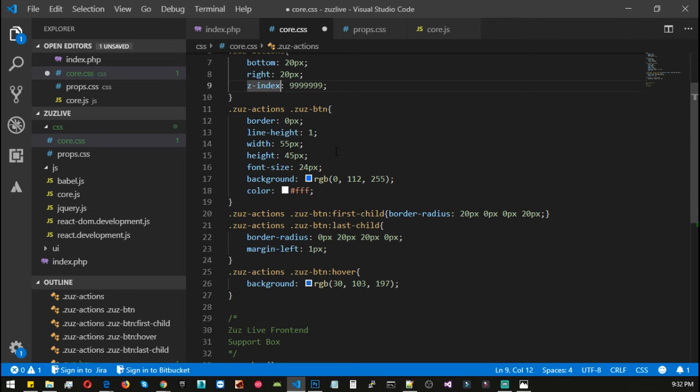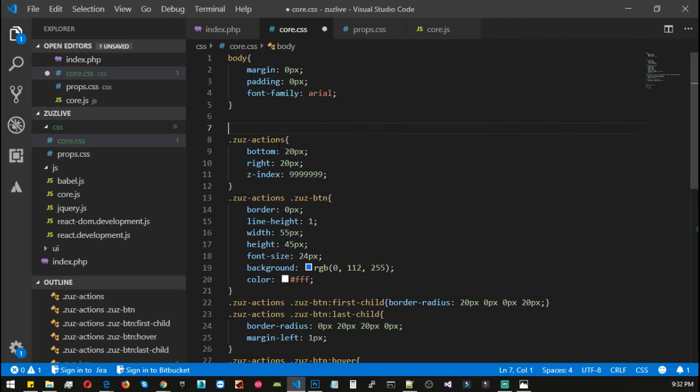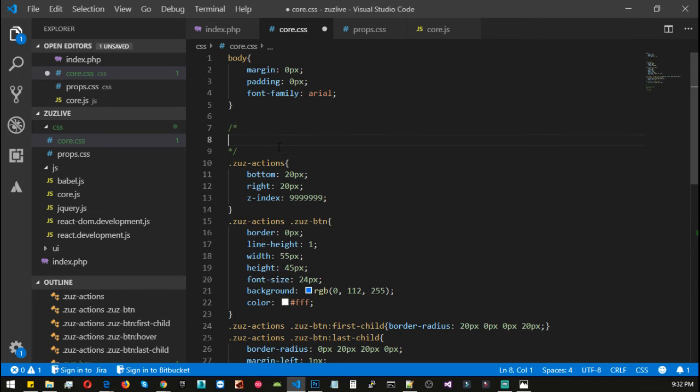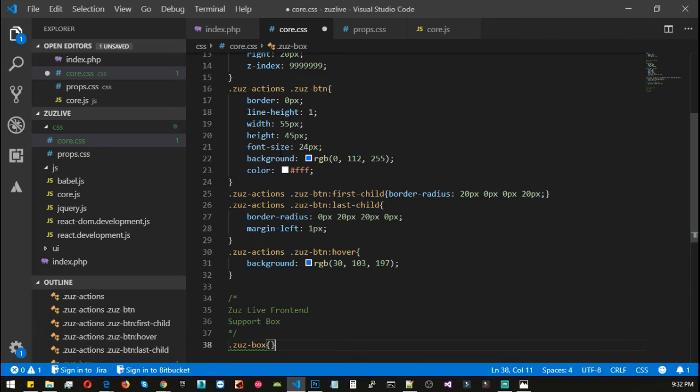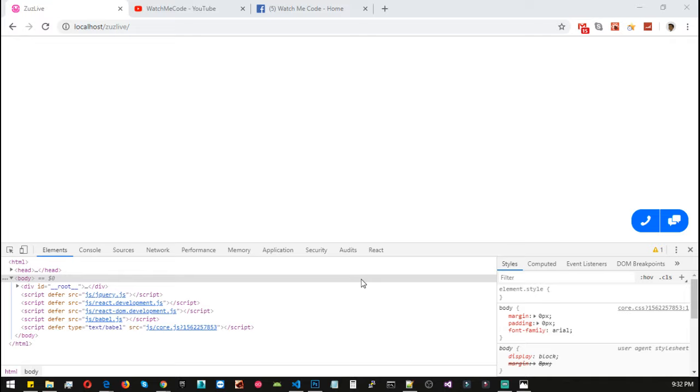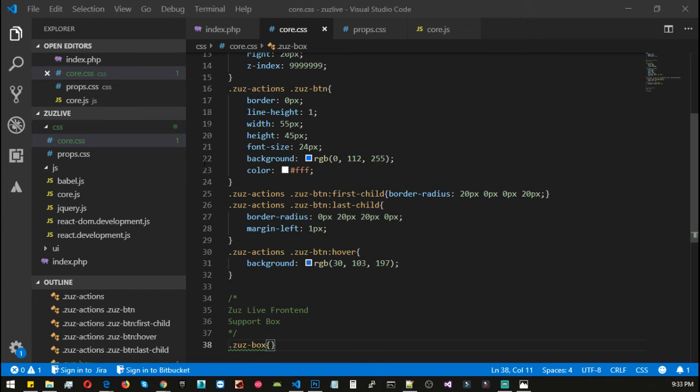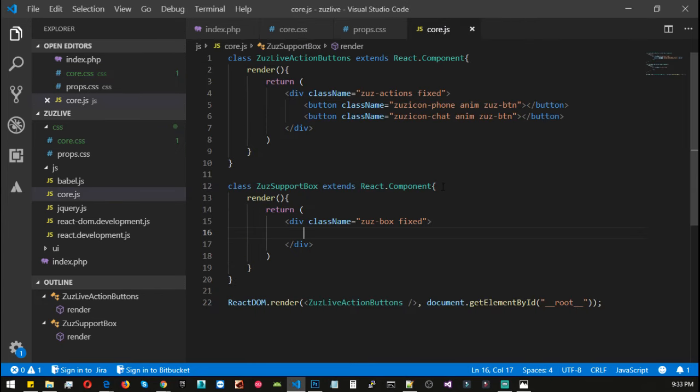And add a comment real quickly: Zoos Live actions buttons, aka Zoos init. Now let's go back to core.js,